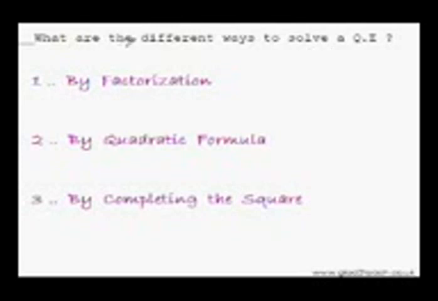Do you know what are the different ways to solve a quadratic equation? See, there can be many ways to solve a quadratic equation, but these are the most popular ones. First way is by factorization. That is, we try to break the quadratic equation as the product of its two factors. See, these are the two factors of a quadratic equation, and once we have the factors, we can easily find